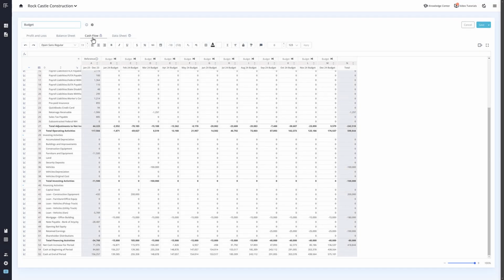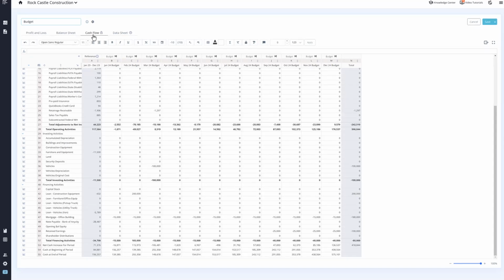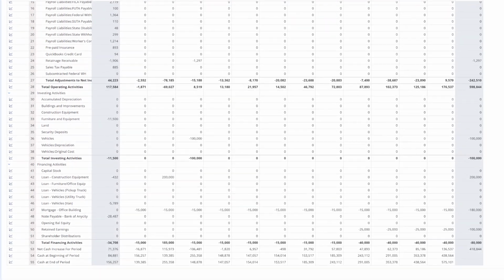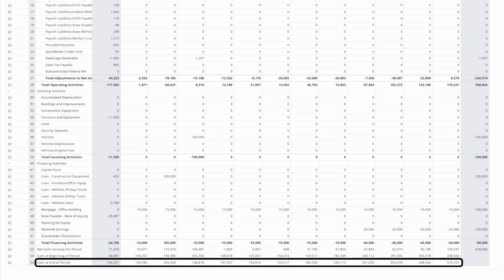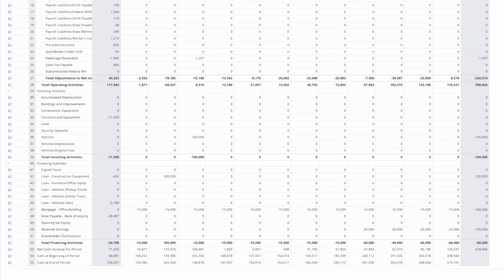Let's now explore the automated cash projections for an even smoother budgeting experience. Once you make changes to your profit and loss or balance sheet, your cash balance will update automatically. For example, we recorded a $200,000 loan under long-term liabilities in February. This will show up as a cash inflow under financing activities,